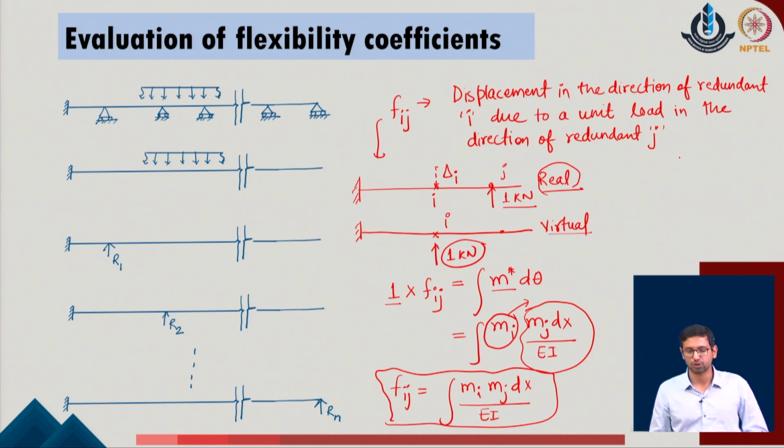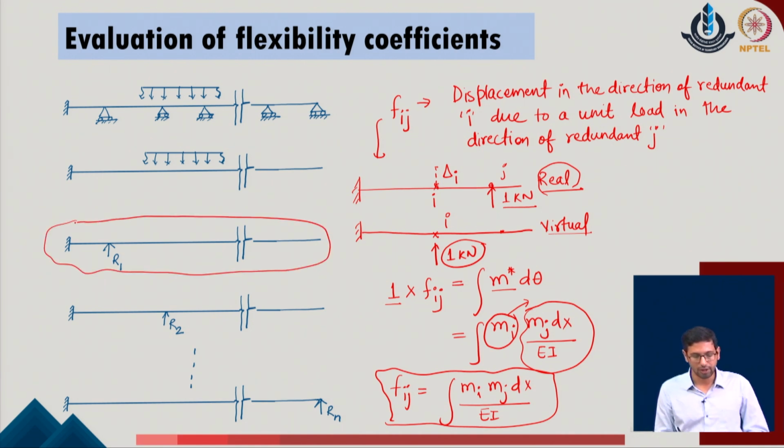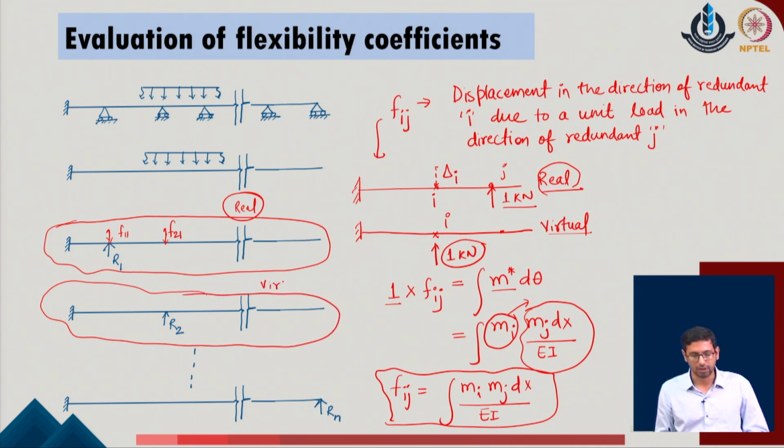Now, in order to define this value, say for this given case, I want to evaluate the corresponding value of the given system, the f of 1 in the given problem. I will realize that I am going to apply the load in the same direction. So, this system will be considered as the real system for which I am doing the calculation. Whereas, if I want to calculate corresponding to the same load, the displacement in the position of the system 2, which will be considered as f of 2, then this will require me to have a virtual system also in place, and this will become the virtual system in that condition.